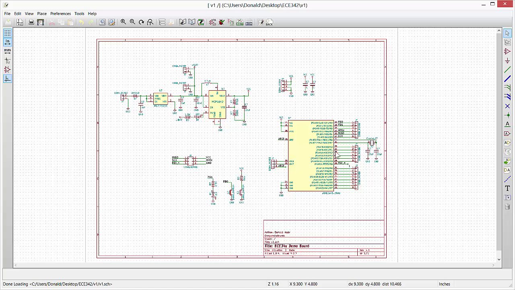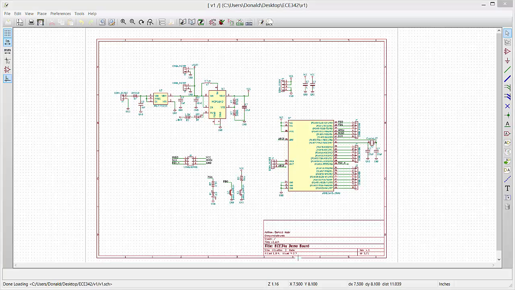In our last videos, we actually laid out this schematic. We also showed how to add a library for the schematic symbols. In this video, we're going to add the library for the PCB decals, or footprints as they're called. And then we're going to actually assign footprints to this particular schematic. So to do that, the first thing that we need to do is jump over to the